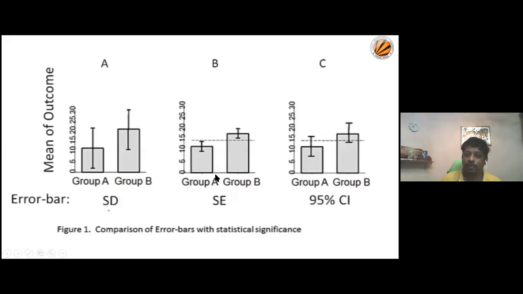One standard error. Usually, if you have a larger sample size, the standard error will be very, very narrow, right? The standard error is the standard deviation divided by root n. So when you have a larger sample size, you have a very narrow, single standard error. Again, when you want to compare the effectiveness of the intervention between the two groups, we must not use one standard error as the error bar. Rather, you must use two standard errors, right?